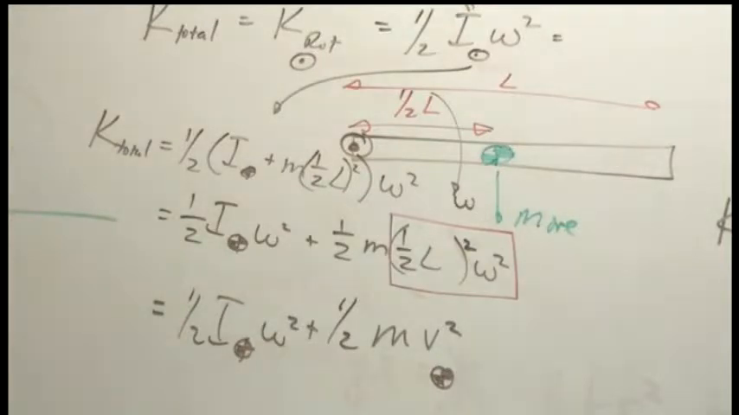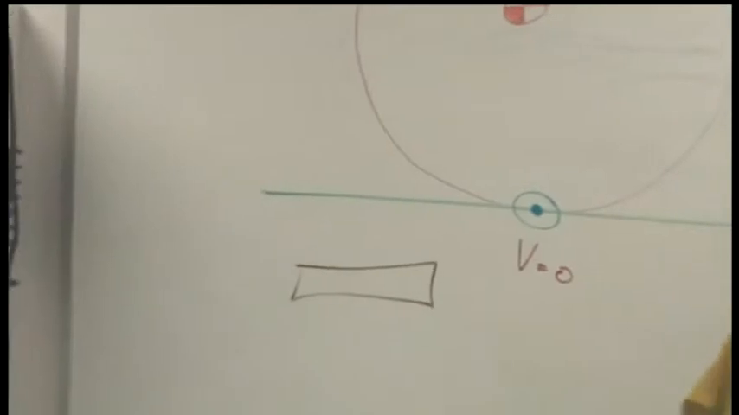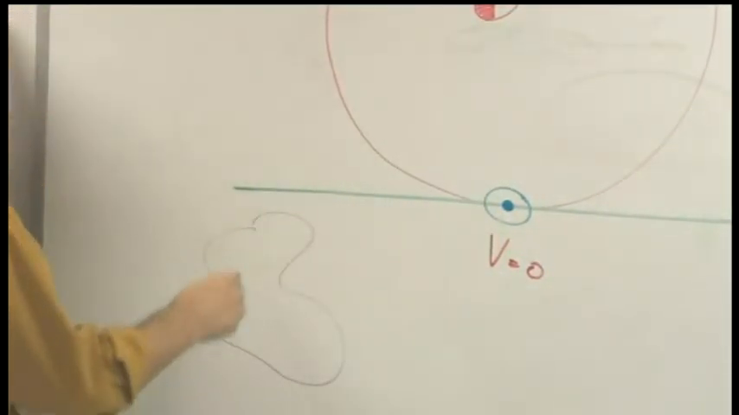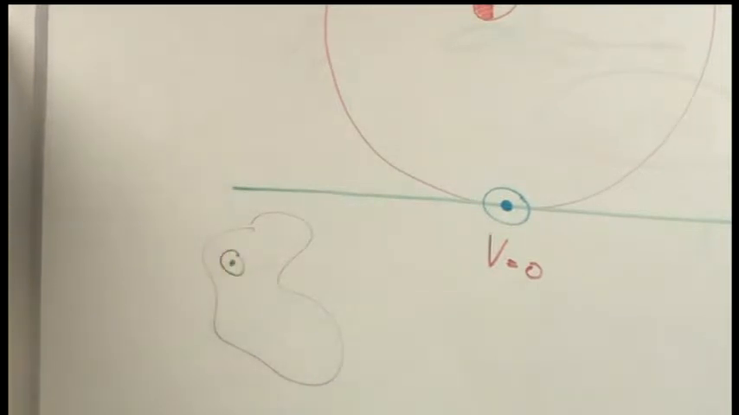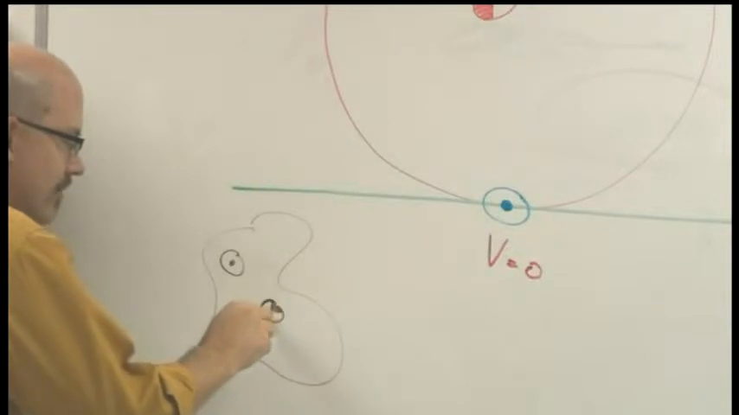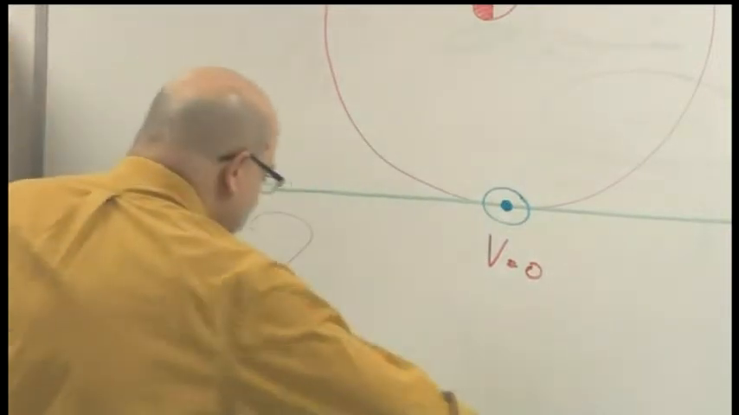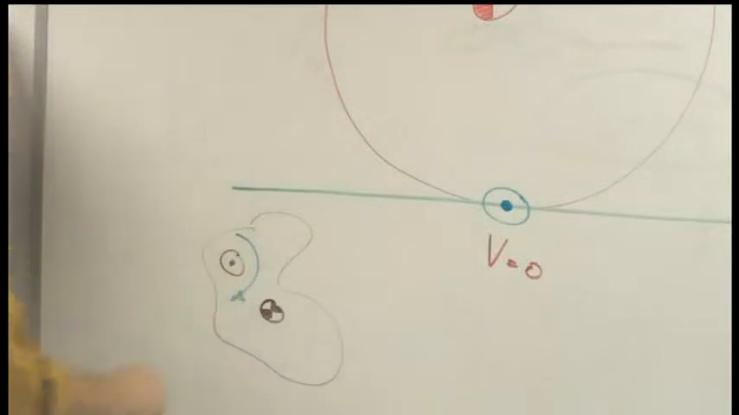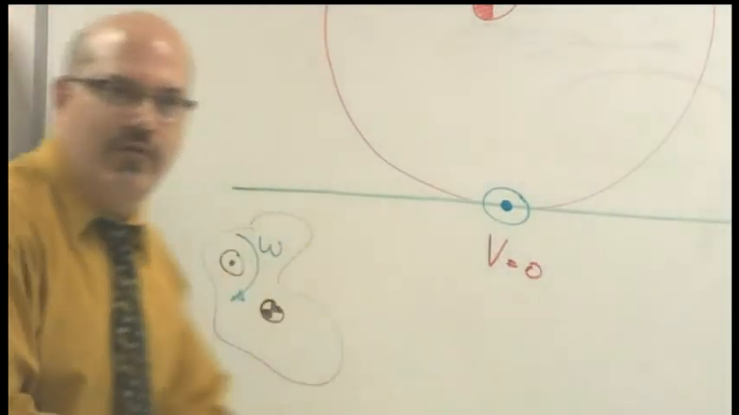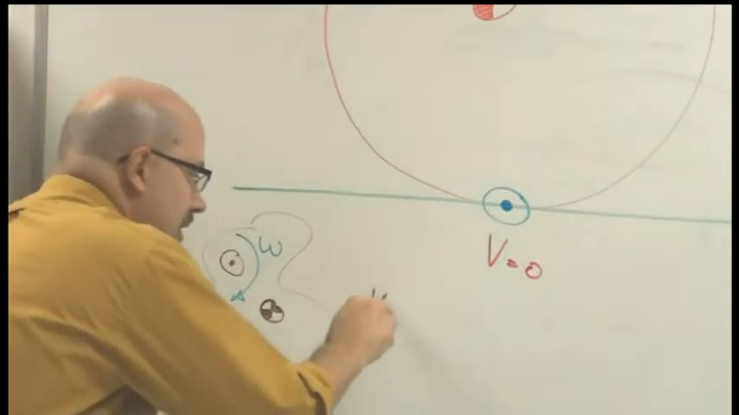So what did we just prove? We proved that the total kinetic energy for any kind of object, here I'll make some strange random object, an elephant. So some strange random object, and if you have a pivot point right there, and its center of mass is right here, and it's rotating about this pivot point with omega, then if you want to find the total kinetic energy of this object, K total,